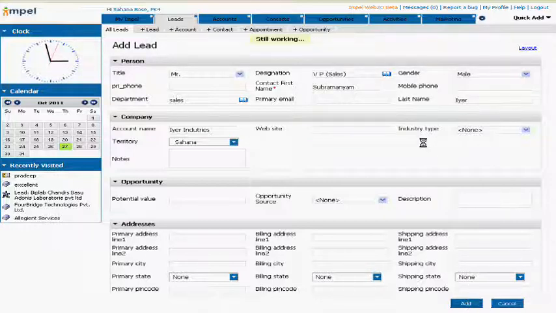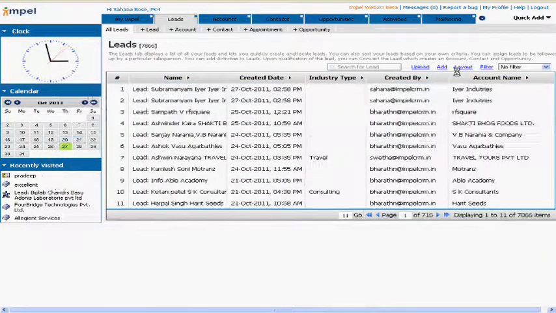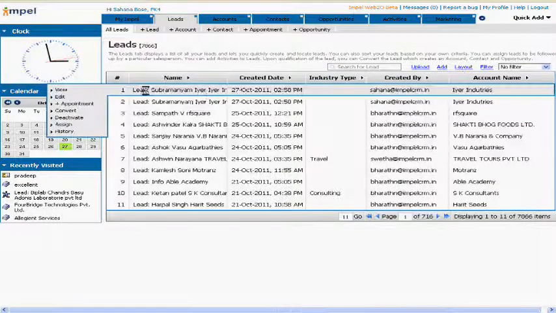So you can add leads through various options, be it mass bulk upload, or web to lead forms, or a simple lead. So the lead Subramaniam Iyer is added into the lead list, and it comes into my lead page. It is as simple as adding through a single click. You come up with the kind of details, and you can also perform various activities on the